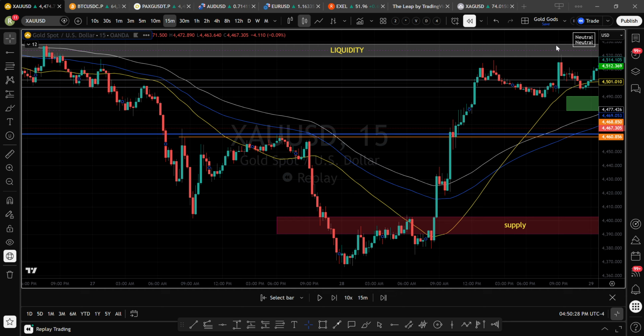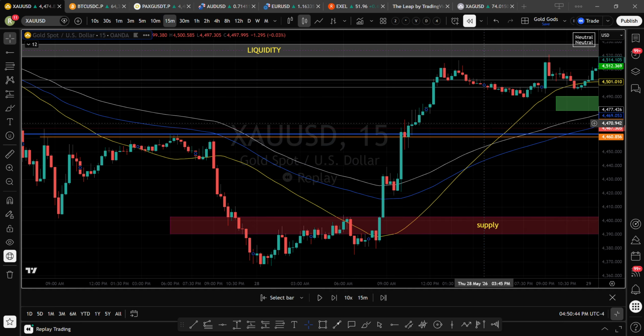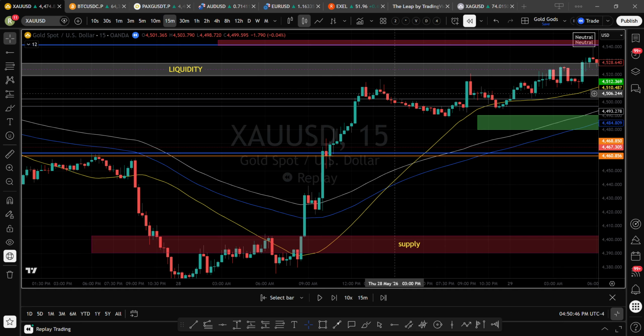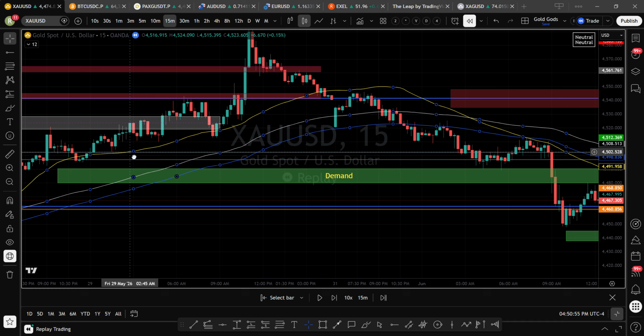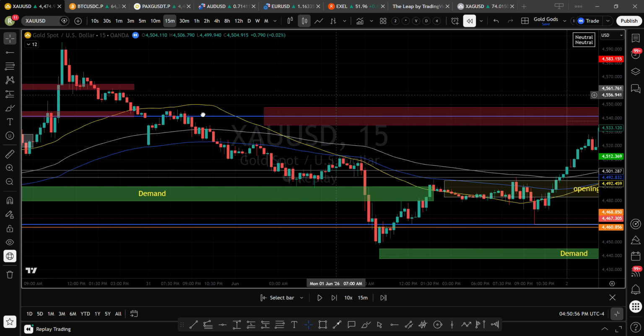So let's do smart trades. If price is above these moving averages, we are only looking for buys. We're not looking for sells. If you look for a sell, you're going to be disappointed. You need a signal. The only signal for a sell is these type of wicks, either engulfing, like an engulfing on the 15-minute,